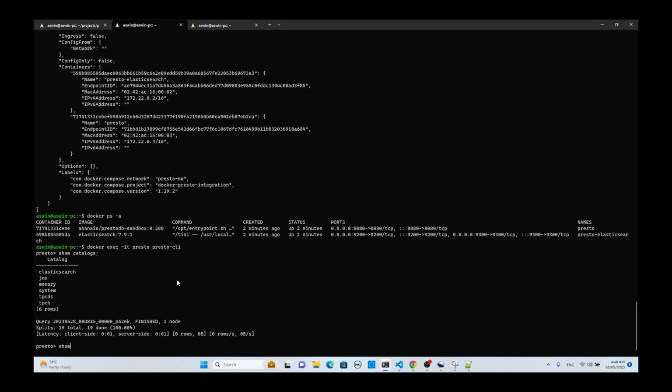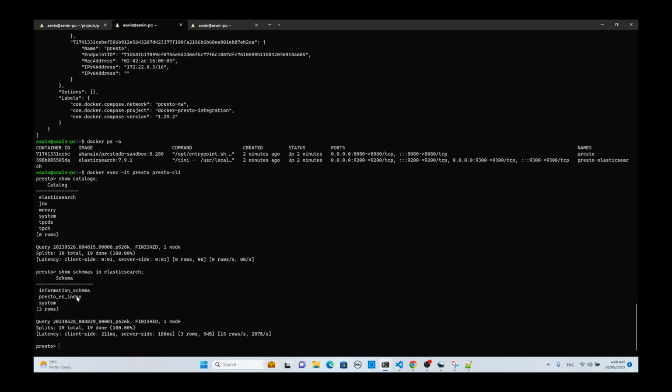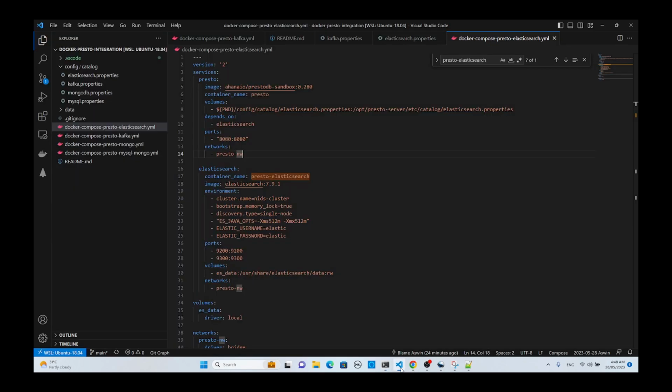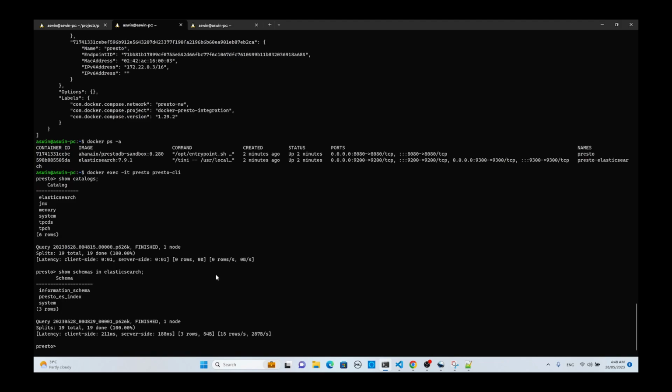Okay, now I am going to show the schema. So these are the schemas, and this is the schema which we are going to use, because this is the index name. Basically, in the property, I already mentioned this schema index name. So this index name will be considered as a schema as well as index. Okay, so here,